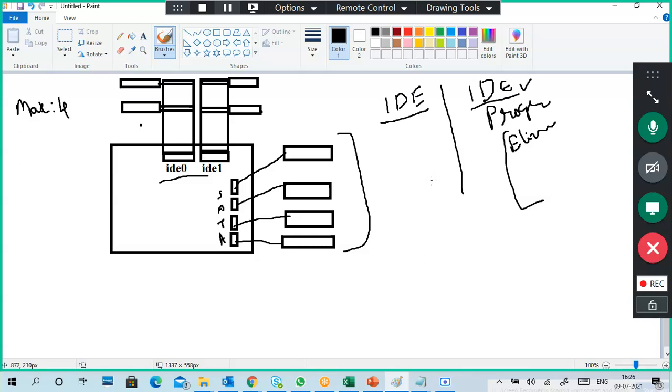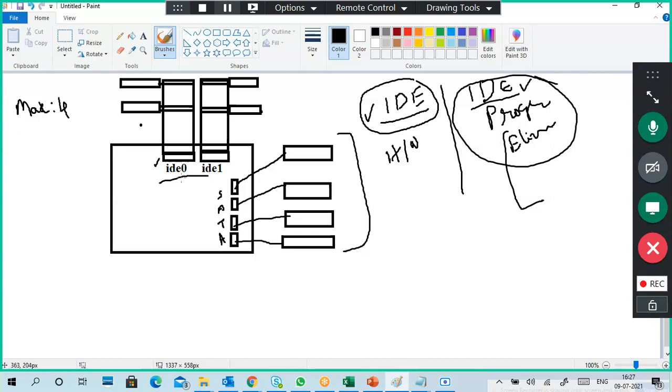This IDE is hardware related. This is programming-related IDE. This is hardware-related IDE. Integrated drive electronics. What is this integrated drive electronics? It is an interface between your motherboard and the hard disk or disk drives. It is electronic communication, not programming communication. So when I said IDE, obviously we thought of the other IDE. So this IDE I am saying is the hardware IDE. This belongs to hardware.